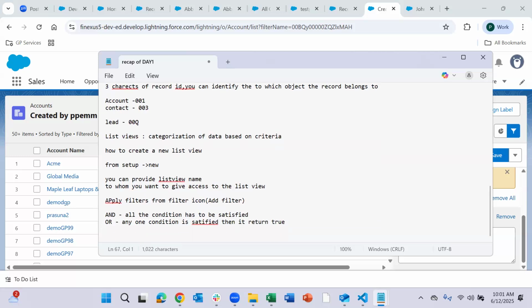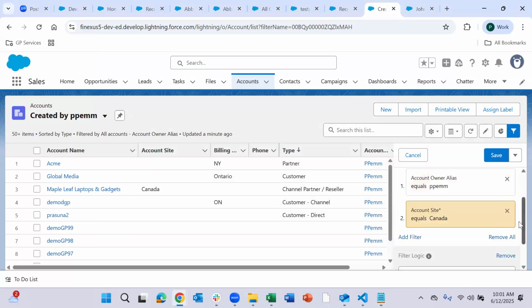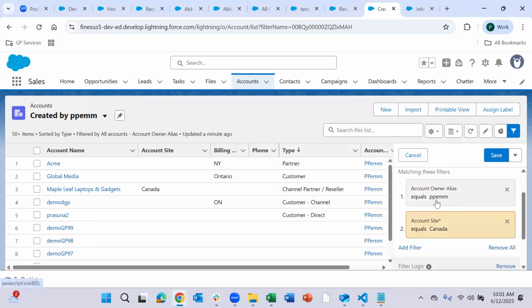Now in this case, we have two filter conditions, right? 1 and 2 means it is going to get the records where both conditions are satisfied: both account owner should be PEM and account site should be equal to Canada.